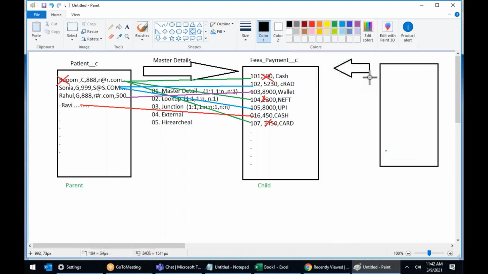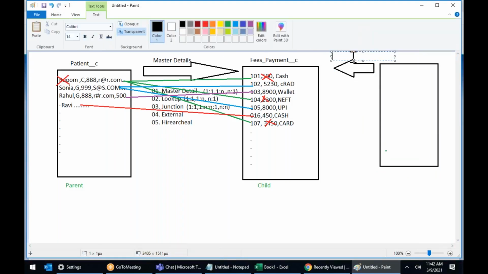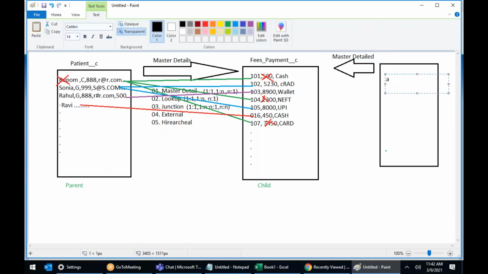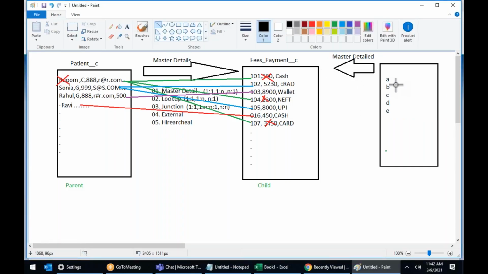Here also I say master detail relationship. Master detail relationship. Here also there is something. A, B, C, D, E. Some records are there. Again, A connected to cash. Now, either I delete Rupam or I delete A. Who will be getting deleted? 105,